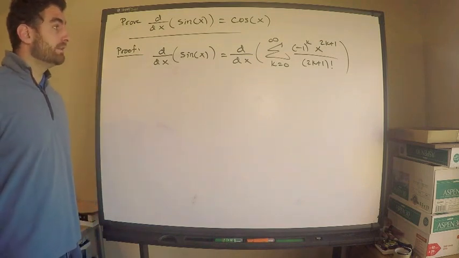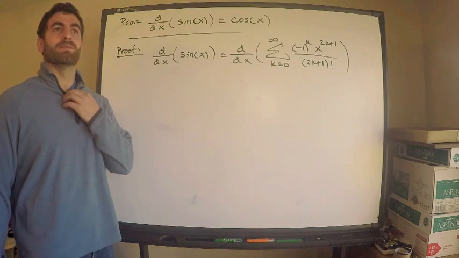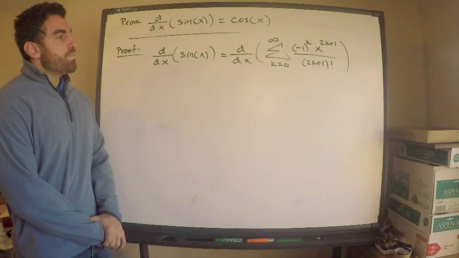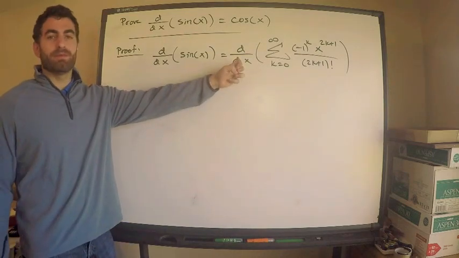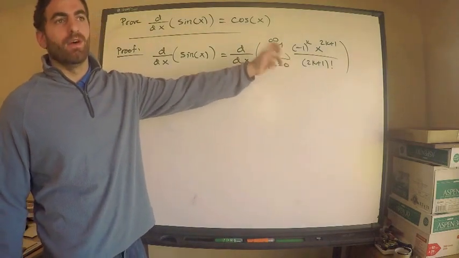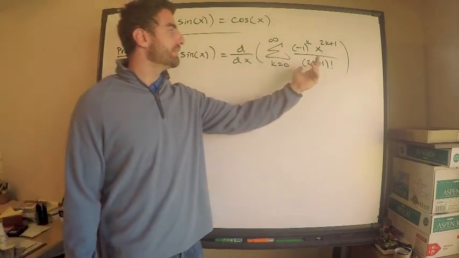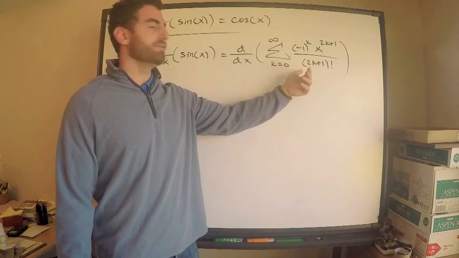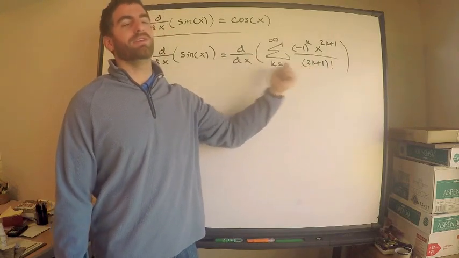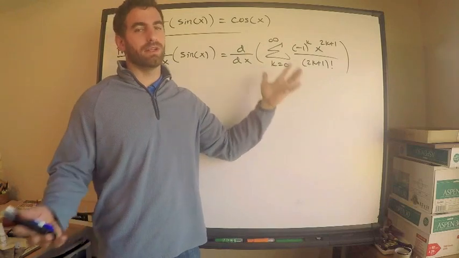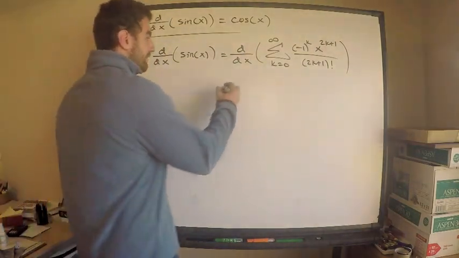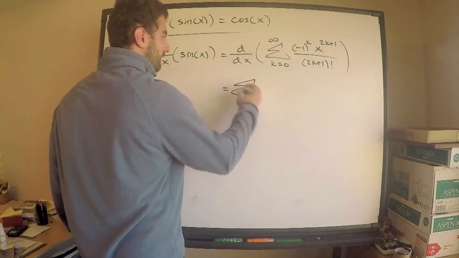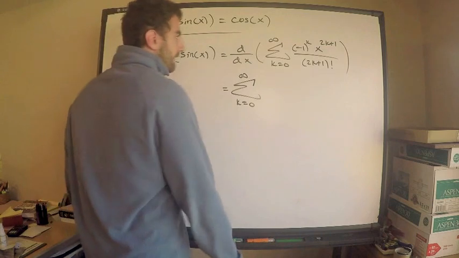Now, this is where we need the justification for the important step. When can you interchange the derivative operator with an infinite sum? Only when this converges. This converges actually for all x, on the interval -infinity to infinity, so we can absolutely exchange the derivative with the sum. In general, you cannot do that, so you need to be careful. So this is equal to the sum from k equals 0 to infinity of